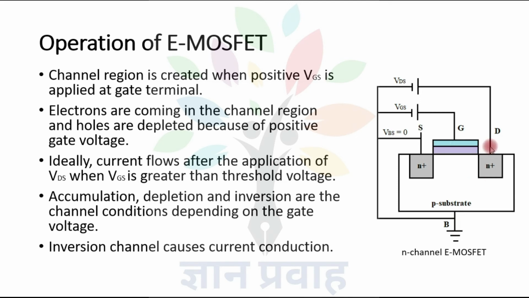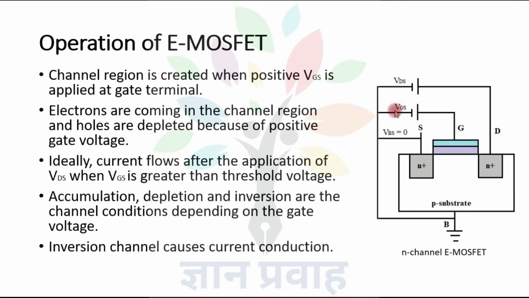So when we apply power supply and we are not applying VGS voltage, then there is no current conduction because channel is not present. So current conduction is possible only when we apply both VDS and VGS in a specific manner. So when we apply power supply voltage in such a way that drain terminal is positive and source terminal is negative, it means depletion regions are there, and the width of depletion region is large here as compared to this side because voltage is large here at the drain terminal as compared to source terminal.